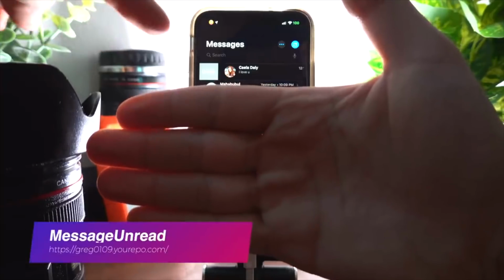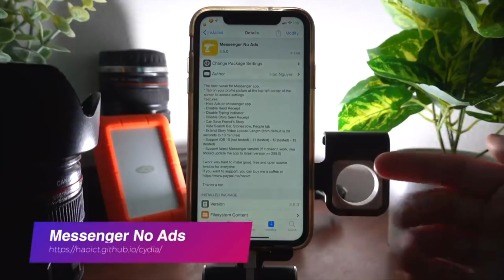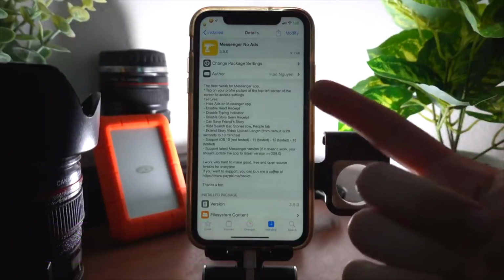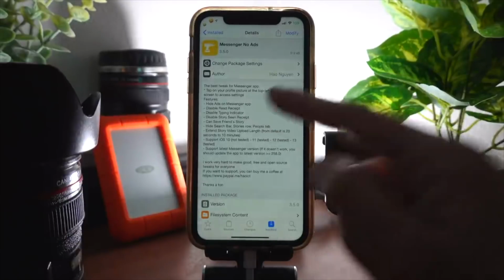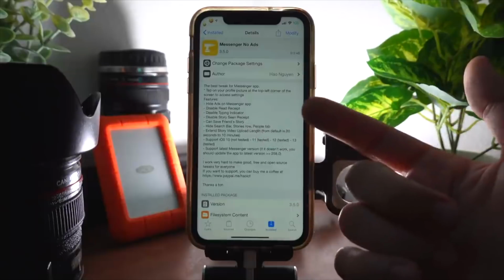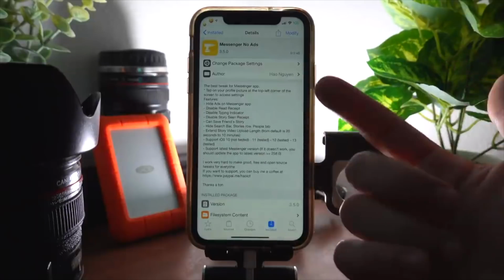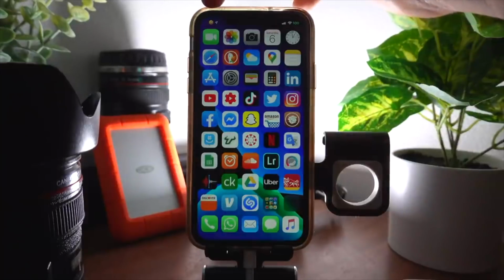Message Unread gives you the option to mark a message as unread. Messenger No Ads not only removes the ads from the Messenger app from Facebook, but it also disables read receipts, typing indicator, and story seen receipt, and it allows you to save friends' stories, hide the search bar, stories row, People tab, and many other things. You guys might have noticed this emoji right here on the status bar of my phone,